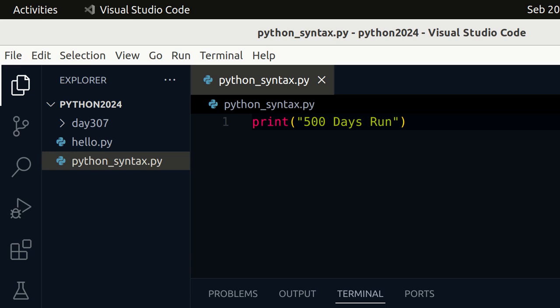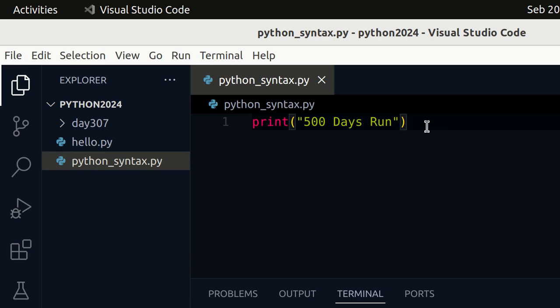Now let us say we want to use another print statement on the same line to output the text 500 days run fast track challenge.